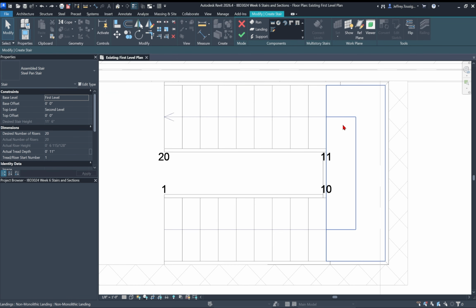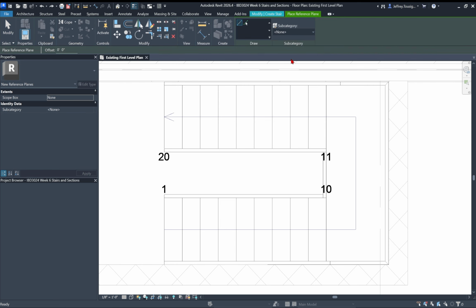Now finally, if the dimensions of the widths of the stairs and the widths and or lengths of the landings is important, which when you're developing code they will be, I recommend while you are drawing the stairs to use reference planes to offset distances to ensure that all the items are the widths and lengths that you want. So for example, if I want to ensure that my landings are 4 foot wide, I can use the reference plane tool and offset it 4 feet from the wall,